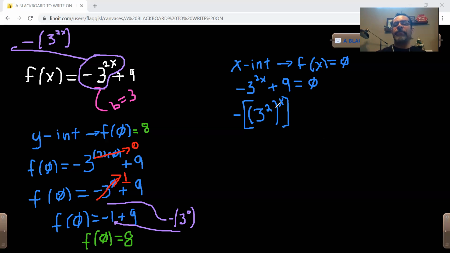This is exactly the same thing, because remember, the laws of the exponents say that if I have a base elevated to a power, elevated to another power, these two are going to multiply. And they're going to give me the 2x. So I'm just separating, okay? And I'm going to leave the plus 9 as it is. And this is equal to